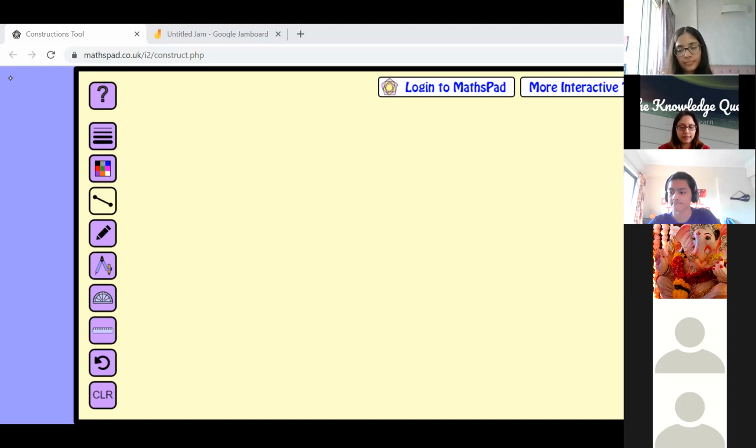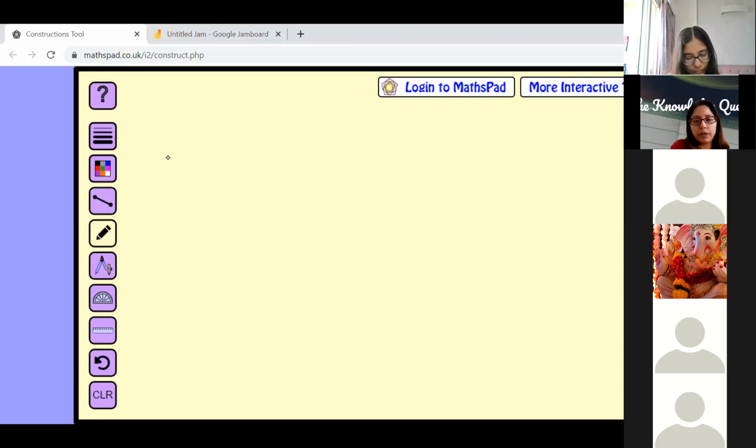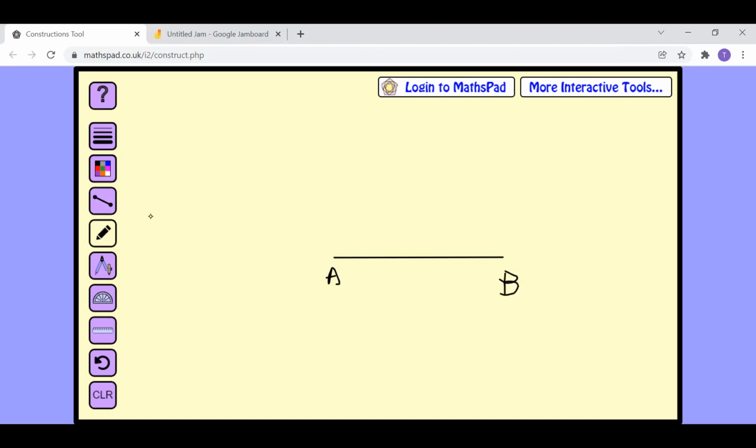Okay. Can you repeat the 90-degree angle? Yes, I'll do it one by one now. First we made AB. How much was AB? 4.2. So I'll just draw a line of 4.2 centimeters approximately, and I'll name it AB. After this, at B we have to make one. What angle do I have to make? 75. Yes, at B.